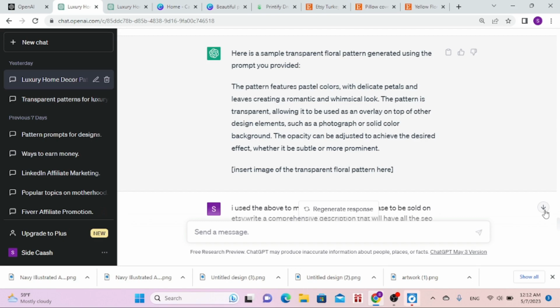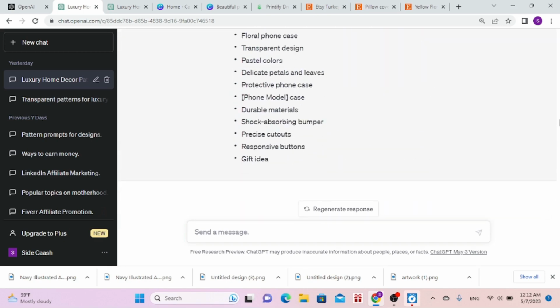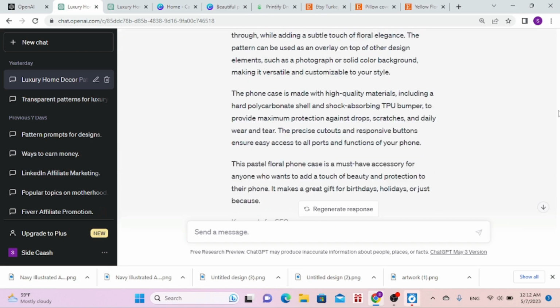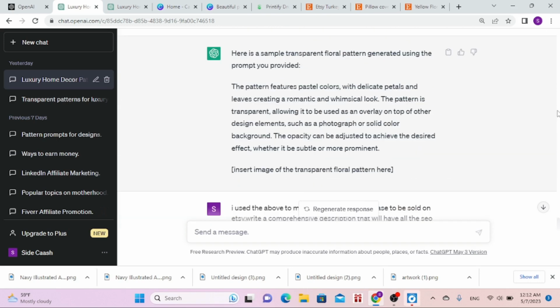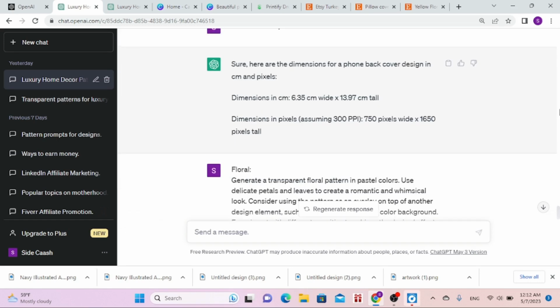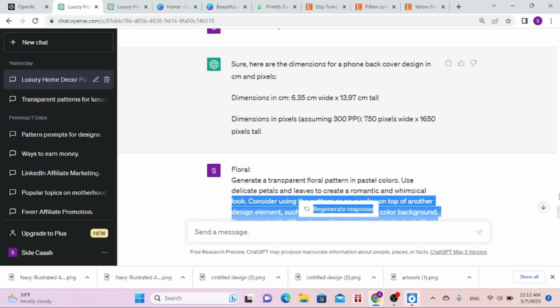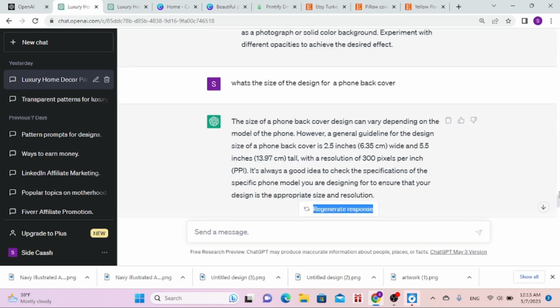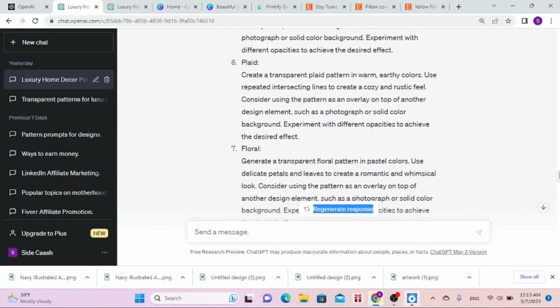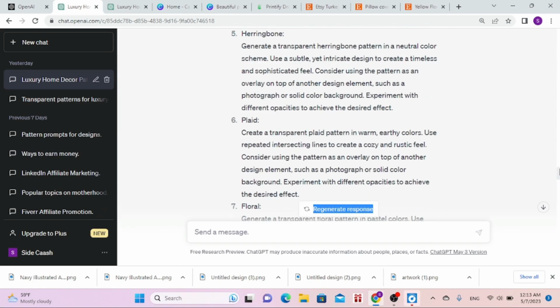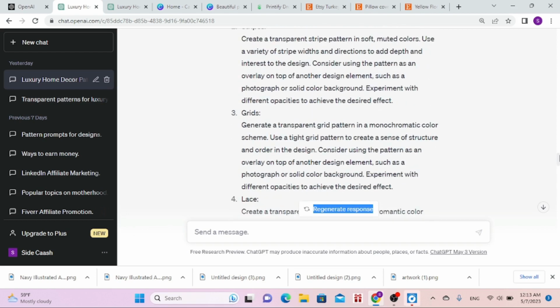And after that I learned a lot because it gave me ideas. It even told me the colors that I could use. And I found ChatGPT so interesting when it comes to learning, because you can have a genuine conversation and it's gonna lead you through. So some of the things that it told me is this. Okay,